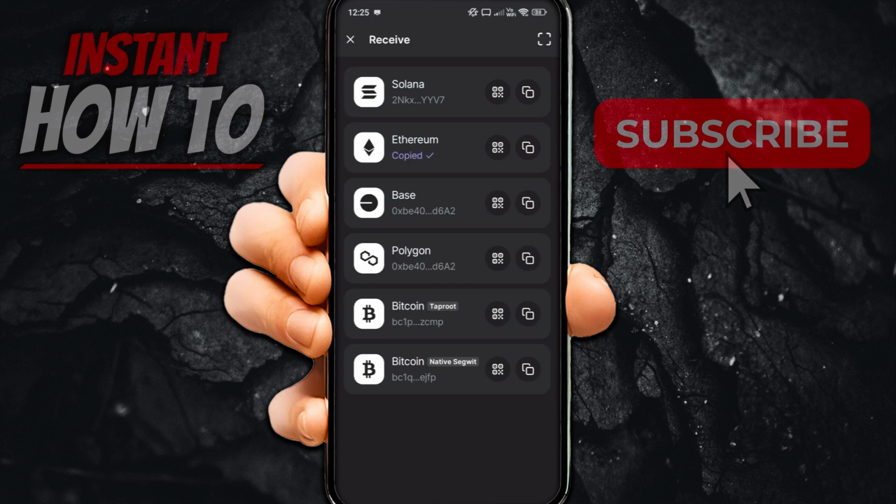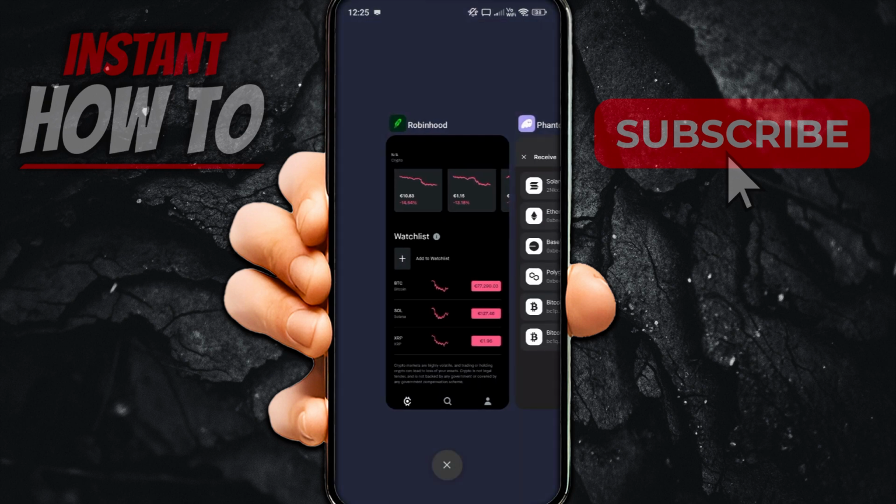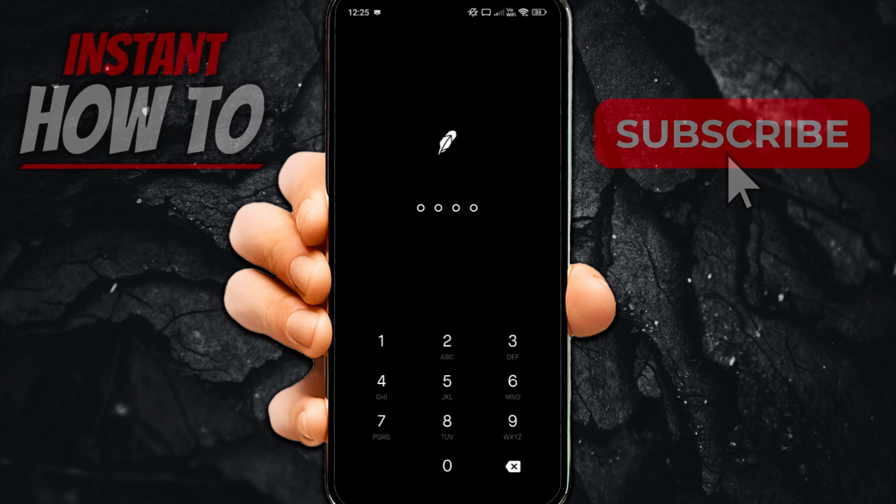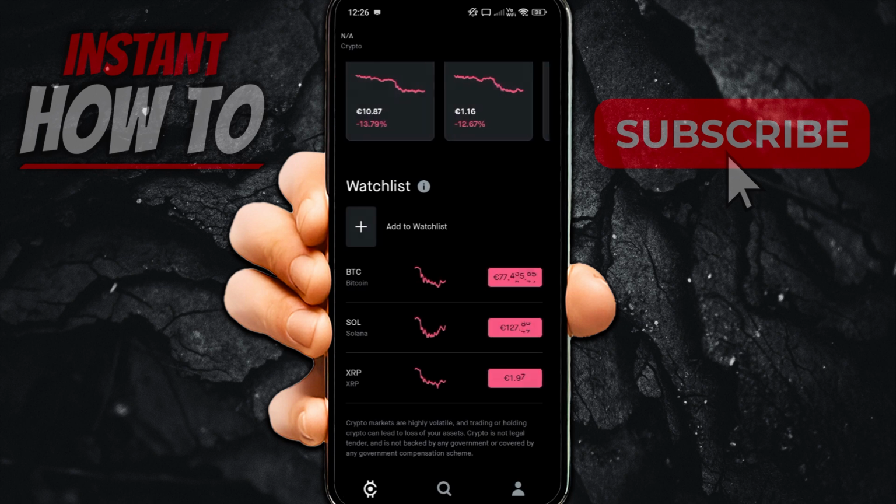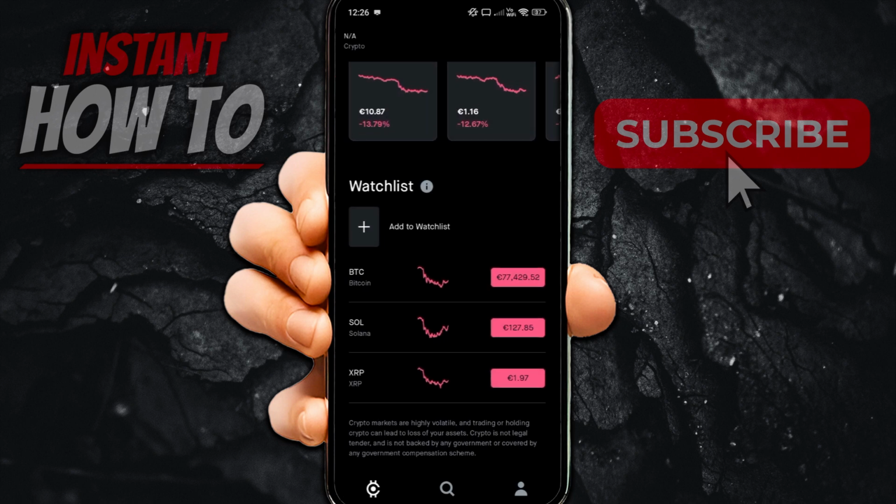Once that's done, what you have to do is open up your Robinhood app over here, and you want to go to the search box at the very bottom. So let me just really quickly sign in. There we go. What you want to do is just go to the bottom and click on that search box,